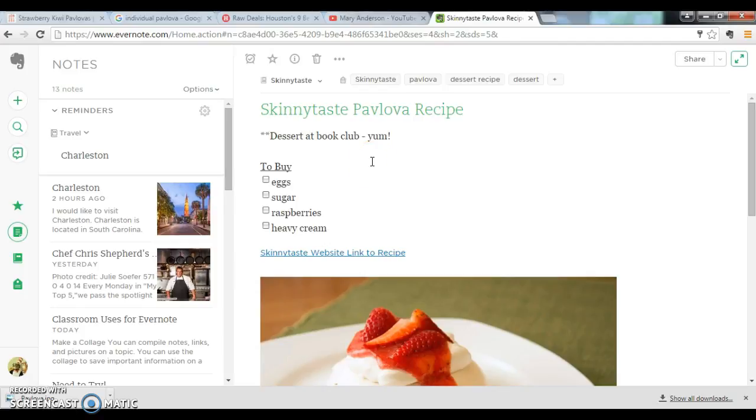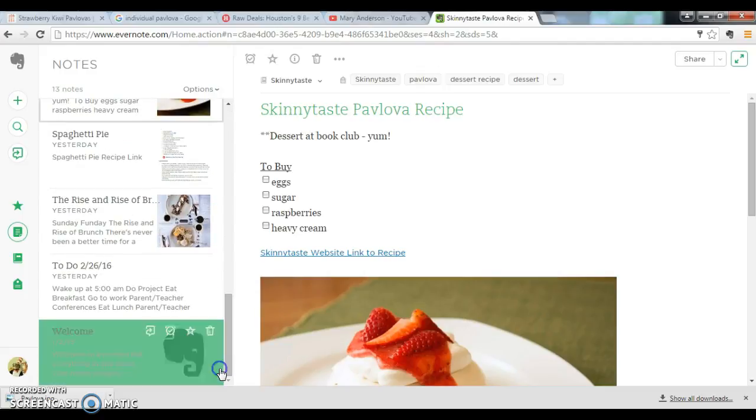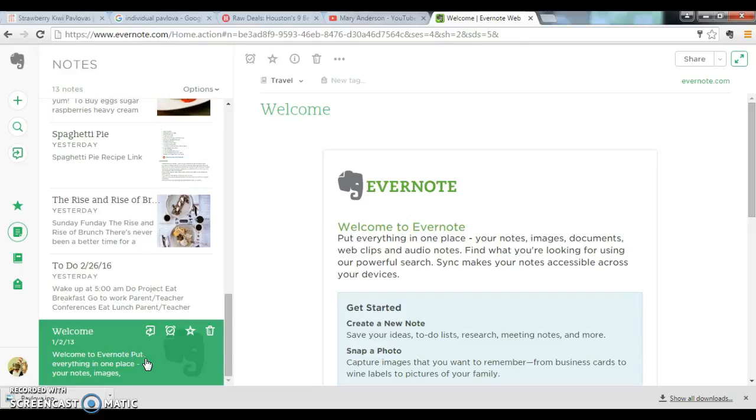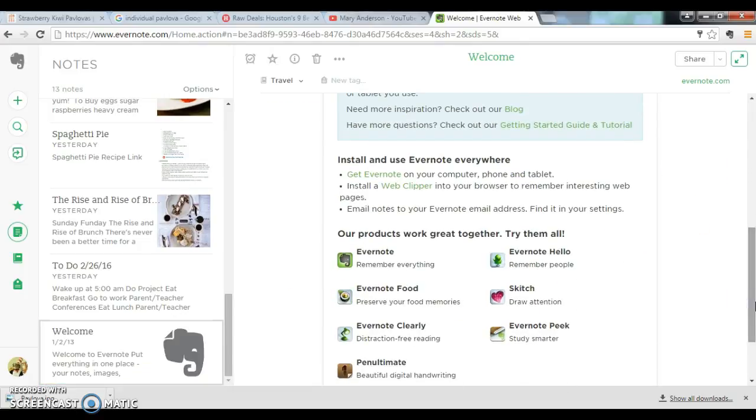One of my favorite things I learned during this project about Evernote was about the web clipper. When you first sign up for Evernote, it puts a welcome note in your note section, and this was extremely valuable to me. I learned about web clipper by going here to this highlighted piece, and it let me download the web clipper, and it attached an icon to my browser, this elephant icon here in the corner. So the great thing about it is if I'm